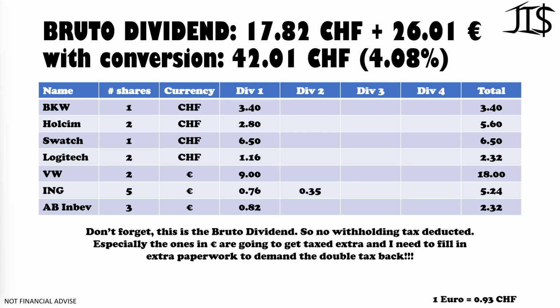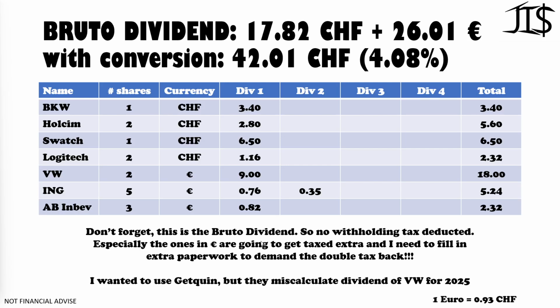So YUH is going to withhold the taxes, and for the foreign shares, they are certainly going to do it. So ENG is going to be 15%, and AB InBev is going to be an extra 30%. So that's quite a lot. Huawei is going to be 0% because we have a double taxation treaty with Germany. So in that regard, Huawei is actually really great. And I will need to do a lot of extra paperwork for not that much money,